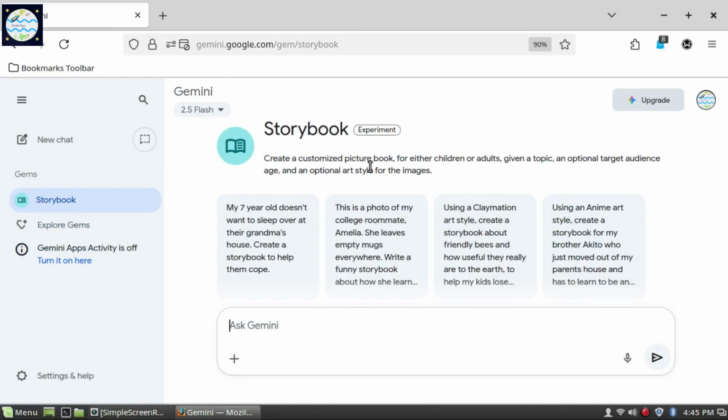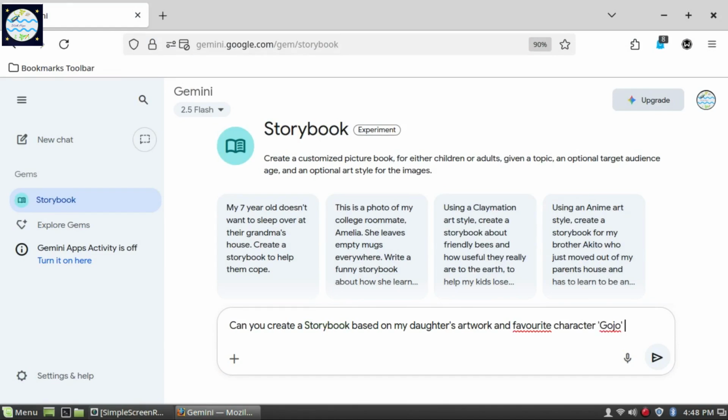The Storybook can be customized with respect to parameters or dimensions like age, topic or theme, and art style for the illustrations. Study the prompts to figure out how to enter a prompt that will produce good results. Enter the prompt. Can you create a storybook? Which is the keyword. If you use this keyword directly within a prompt, it will trigger the storybook feature of